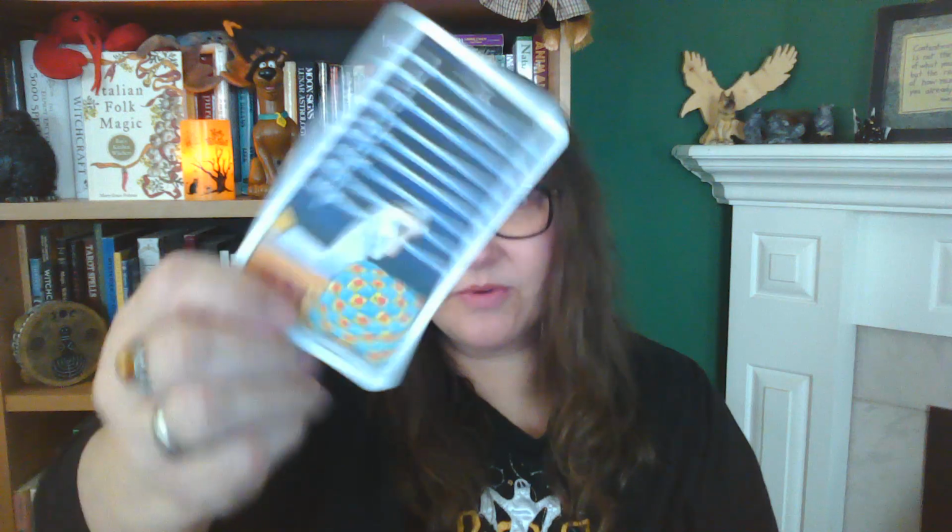Anyway, it was also because I realized, even with the brand new Morgan Greer, that my deck is my old ratty one, and I wasn't going to use the replacement, is what I'm trying to say. But for when I'm reading for someone who, let's say, I feel drawn to using something a little more colorful than my Centennial, because when I read for the public, I typically always read with Rider-Waite. Rider-Waite for me has always been my tool of divination